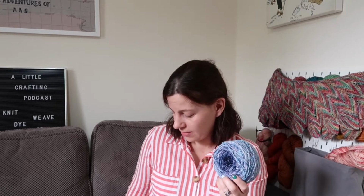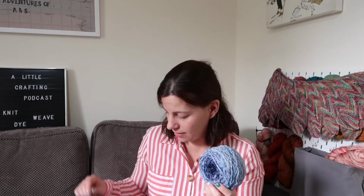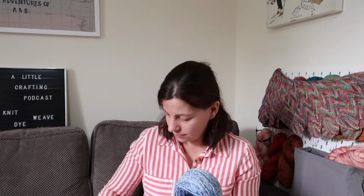Next up, this is some absolutely beautiful yarn that I hand dyed. This is my first proper hand dyed yarn. It was a sock. Hi Susie. Yeah, she now wants to look inside the bag. You like that one, do you? I might need that in a minute. You don't need to bite me. So this, I know, I apologise. This is a sock blank that I dyed as a gradient. So it's dark in the middle and light on the outside, and it's got little variations of colour